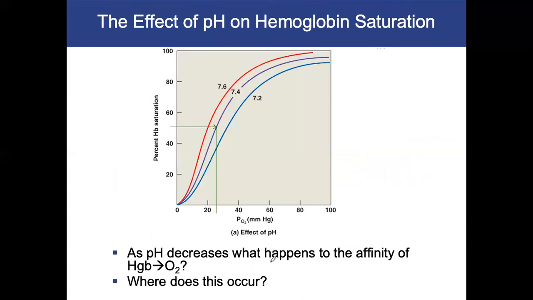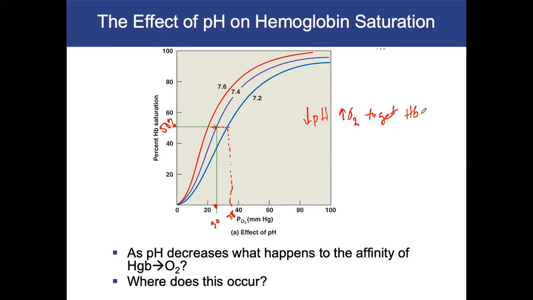All right, so the effect of pH on hemoglobin saturation. What is normal blood pH, guys? 7.35, 7.45. Good, so 50% saturation, right? If we go to normal blood pH, we need about 30 units. Notice how the numbers are relatively the same. If we are in a more acidic environment, do we need more or less oxygen to get the same level of saturation? We need more, okay? So if you drop pH, do you need more or less oxygen to get the same saturation? You need more O2 to get